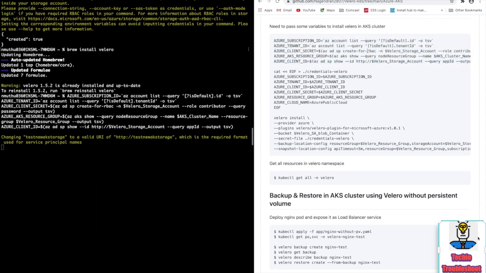So you no need to modify anything. It's a generic one, so you can execute directly in your machine. Then we have to pass all these variables in a single file so that we can use that file in the runtime during Velero installation.